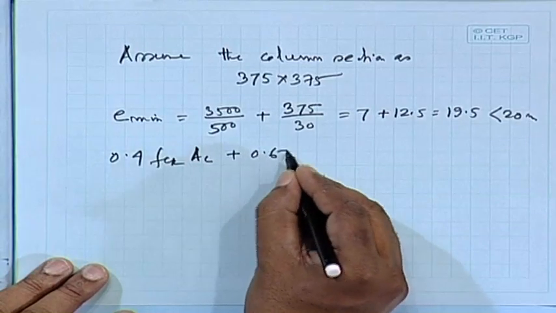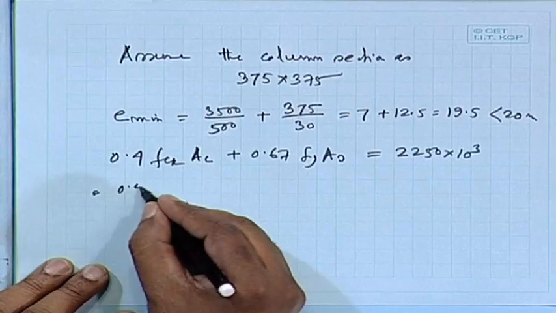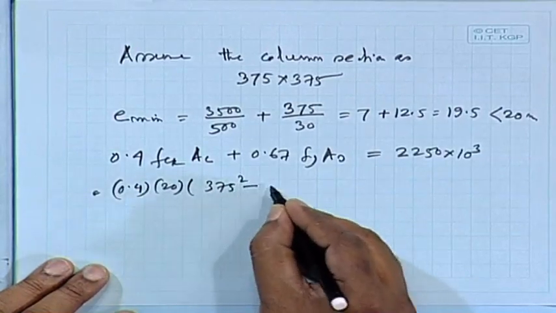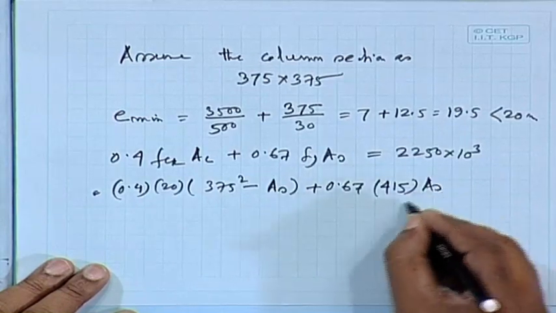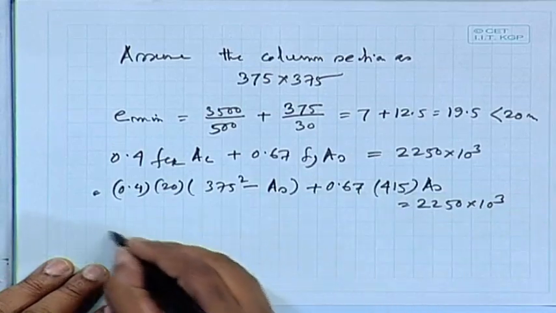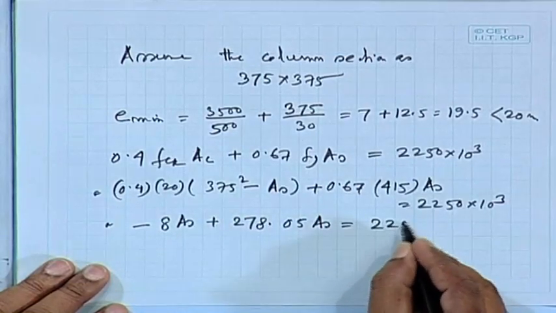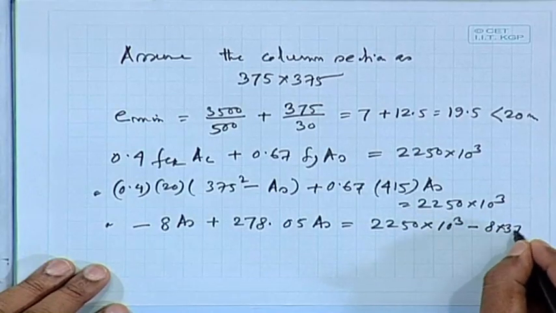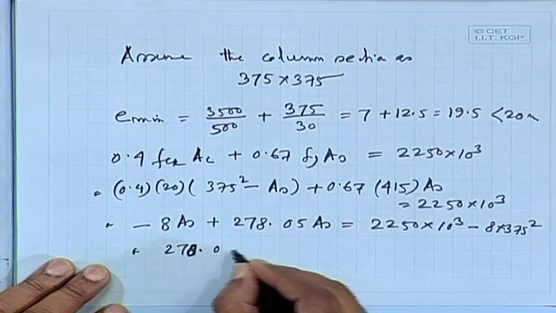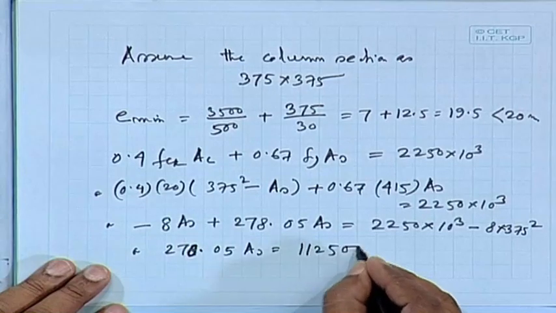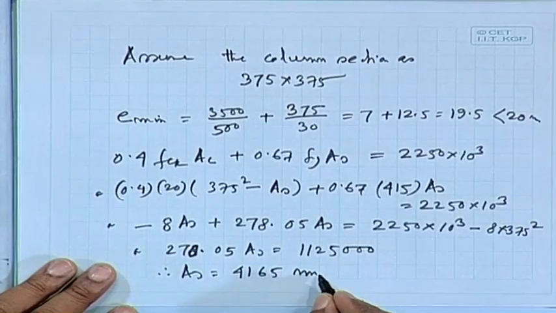0.4 fck Ac plus 0.67 fy As equal to 2250 into 10 to the power 3, or 0.4 times 20 times 375 square minus As, plus 0.67 times 415 times As equal to 2250 into 10 to the power 3, or minus 8 As plus 278.05 As equal to 2250 into 10 to the power 3 minus, or 270.05 As equal to 1125,000. Therefore, As equal to